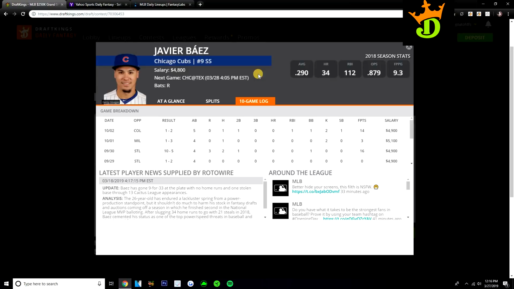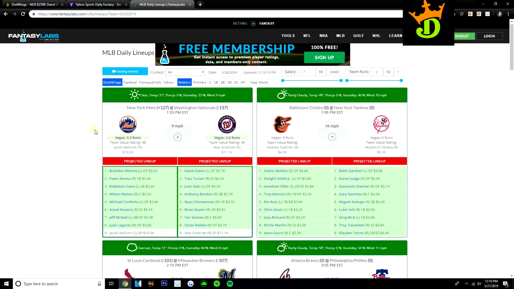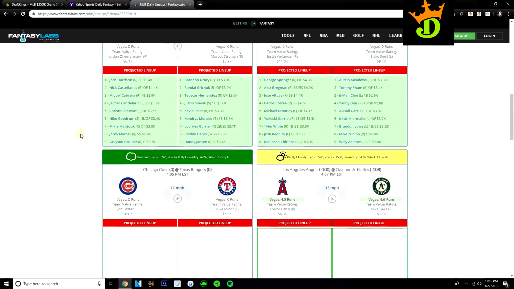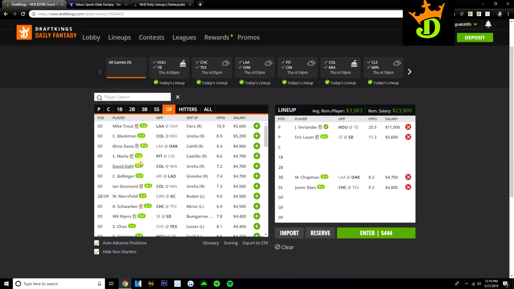Pretty good hitter's park as well in Texas, although it's not summertime now and it's not like 90 degrees, 100 degrees, which we're going to talk about during the summer when it starts to get that hot in Texas. It becomes a great hitter's park in Texas, but even now, I think it's expected to be like 66 degrees in Texas tomorrow, so pretty decent hitting weather. Let's see if I can get to it. 74 degrees actually with 49% humidity. Wind looks like it's going to be blowing in, so that doesn't really help a ton, but still I expect the Cubs to be able to put up some runs here. So I do like stacking this team, and I do like Baez and Bryant quite a bit, especially the righties. That's where I really want to look to. Attacking Mike Minor, want to look to the right-handed bats.